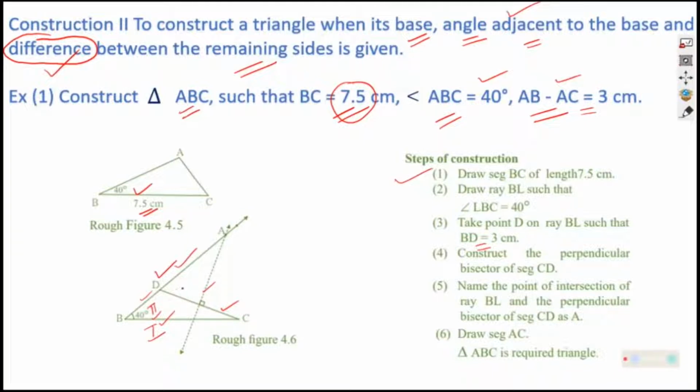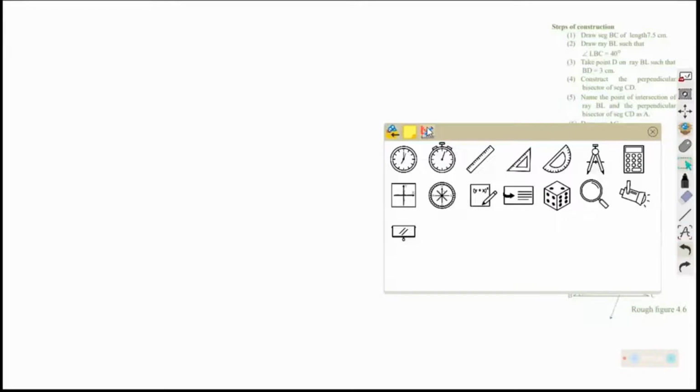Third step is important. Once that 3 centimeter is drawn, we are applying the principle of perpendicular bisector again here, which you will thoroughly understand during the construction. Okay, so that is what it is. You need to connect A with C, which will complete the diagram, but I will do it directly at construction time. We have to connect it, but leave it like that. We will go for construction.